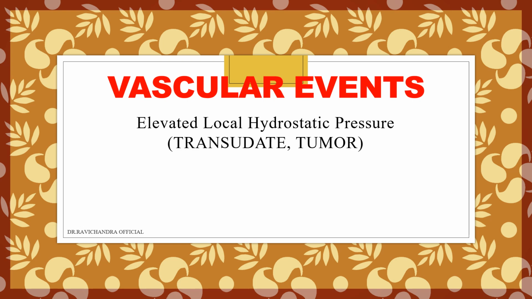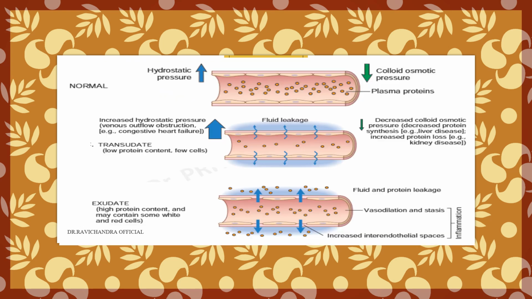Next event, elevated local hydrostatic pressure. This will result in formation of exudation of proteins, transudates. As a result, there will be a cardinal sign, swelling, tumor. So in this picture, you will be able to appreciate that there is increased hydrostatic pressure and there is decreased colloid osmotic pressure, thereby causing the leakage of the